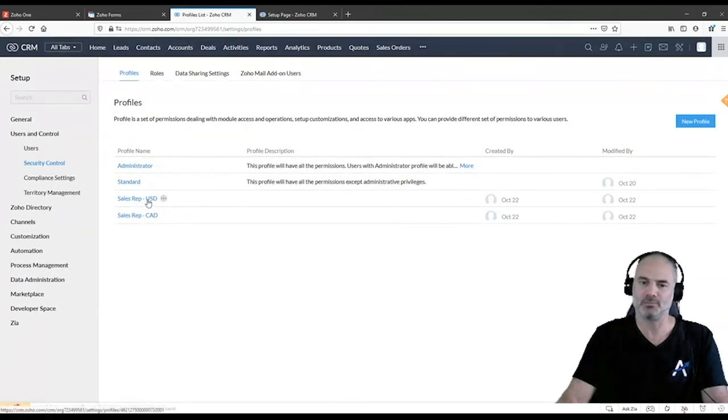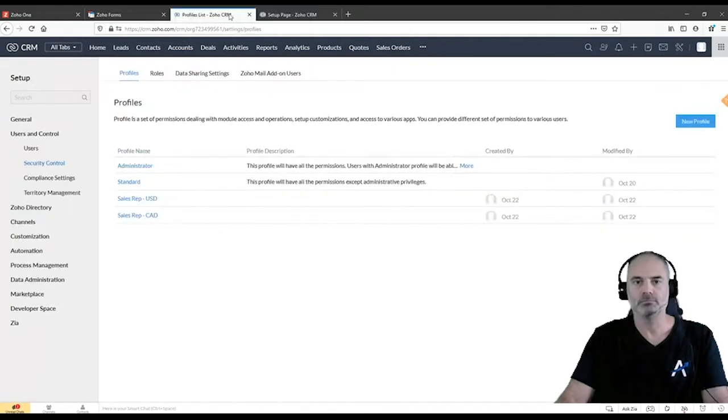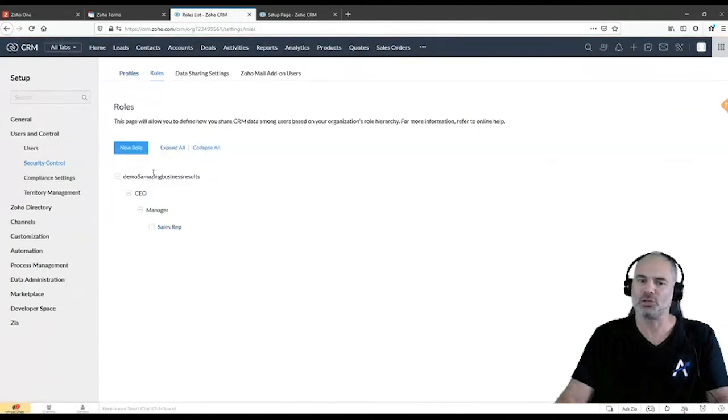Could I set up a new profile for just the finance team? That would probably be the smarter thing to do, to set up a new profile for them, and then they could have access, along with administrators. That's right. Profile is basically what you can do. Roles, it's what you can see.